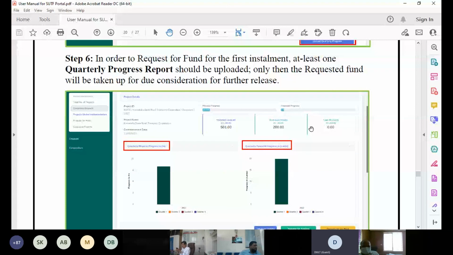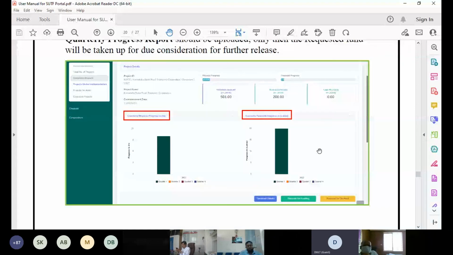When you fill in the quarterly progress report, we have made some interactive bar charts here that will reflect the quarterly progress reports for you. As we see, there's a 10% physical progress, and that has been highlighted. That's the part of quarter one. So we have segregated into quarter basis, so you know in one year the amount that is spent and also the progress that has been achieved. And you can also see here that it has changed from estimated cost to tendered amount.